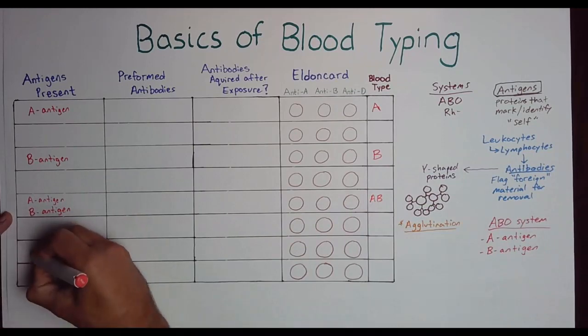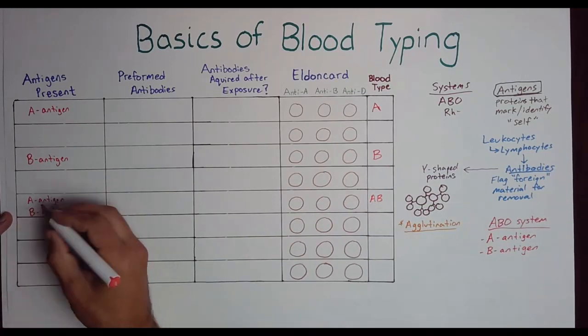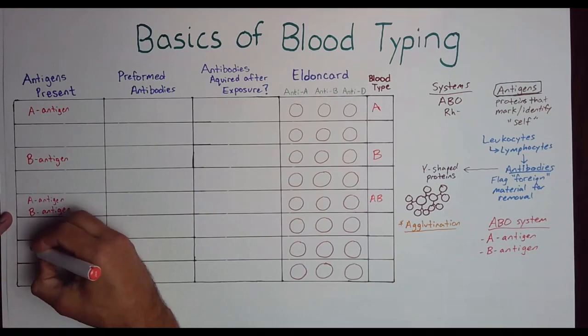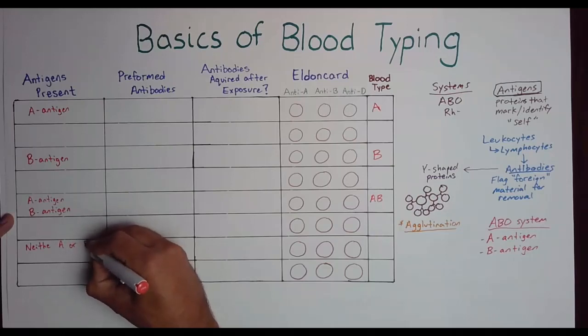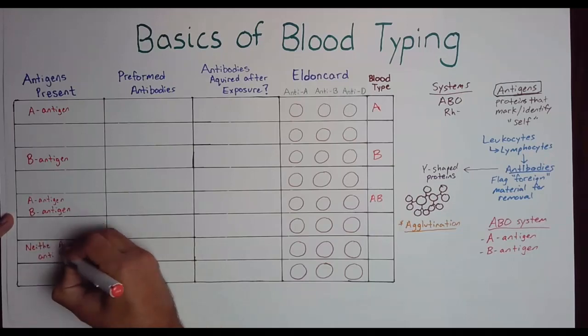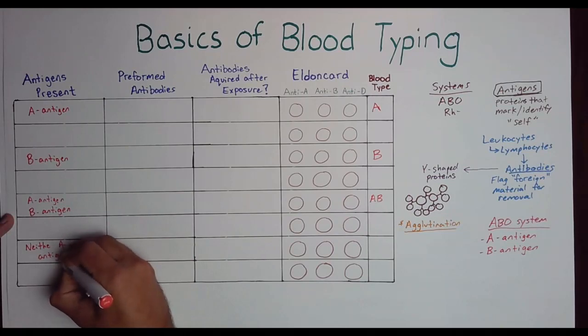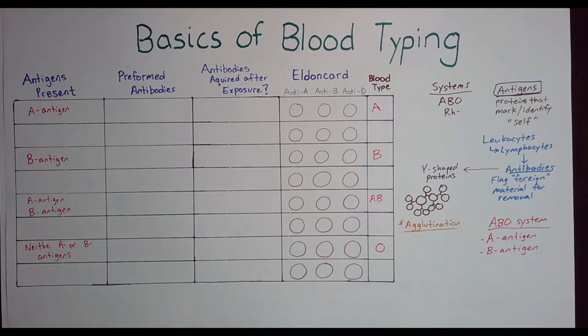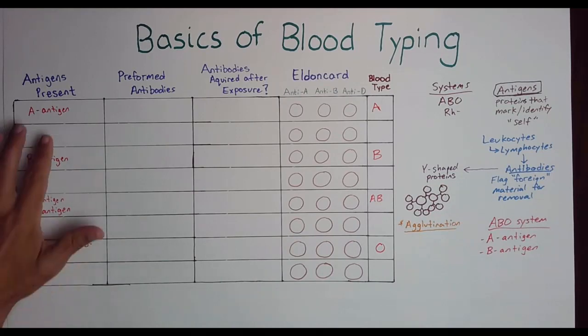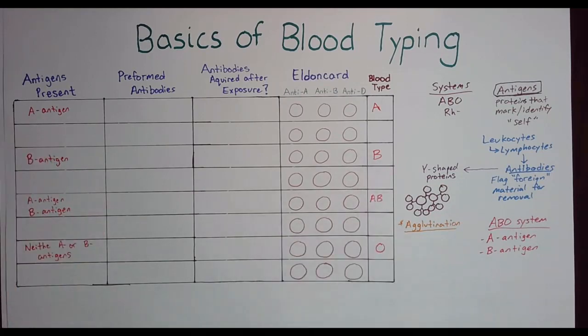And last but not least, what if it doesn't have either A or B? So neither A or B antigens. Then we're going to call this blood type O. I think that's pretty simple to start off with. If it has the A antigen, boom, blood type's A. Sweet. Next, what about